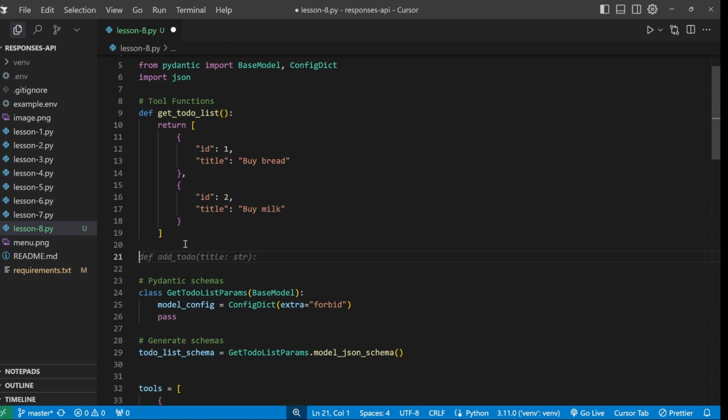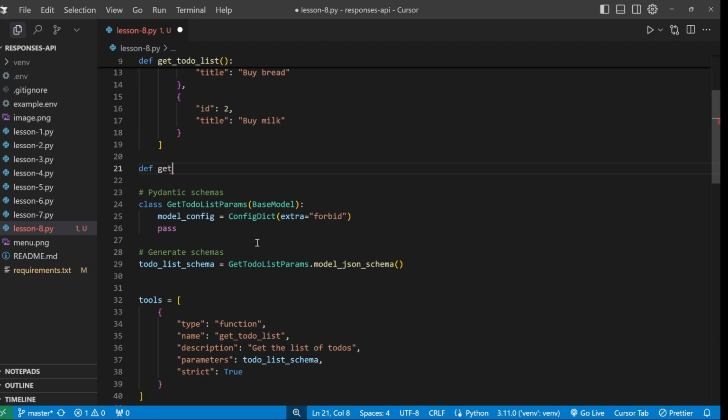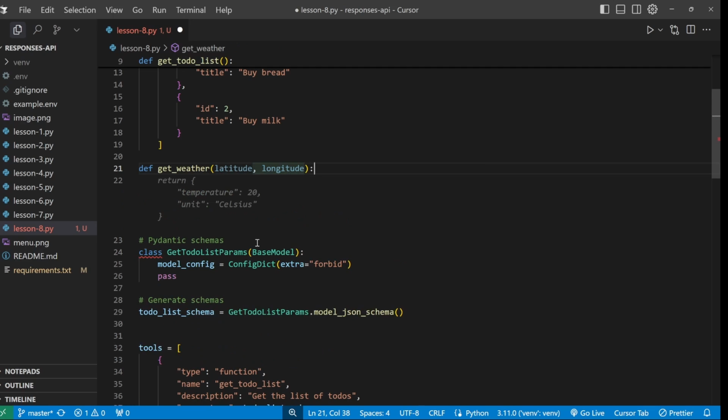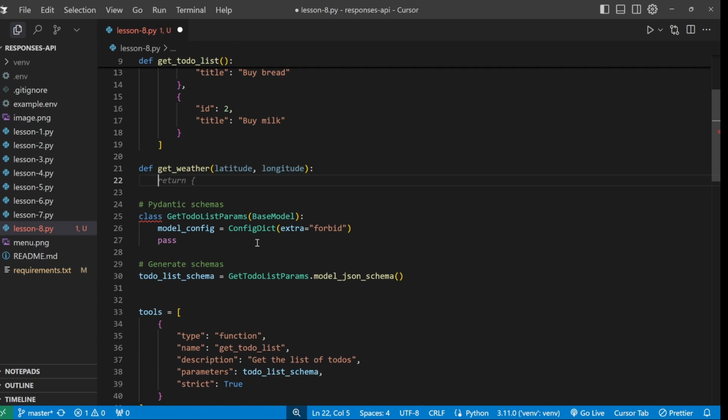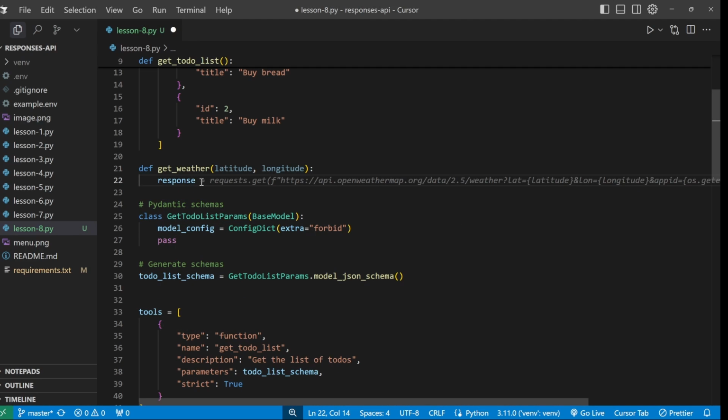So just below the get to-do list, let's create a new function, and let's call this get_weather, like so. This function takes in two arguments. We want the latitude and we want the longitude. Cool. Then we're actually not going to stub this value, and we will pass in real-time data. So let's do an API call by creating a variable called response, which is equal to